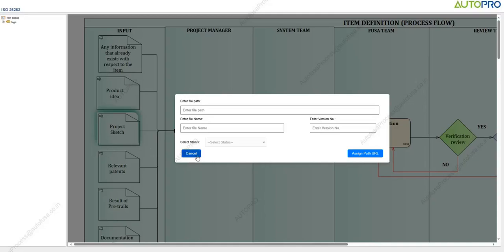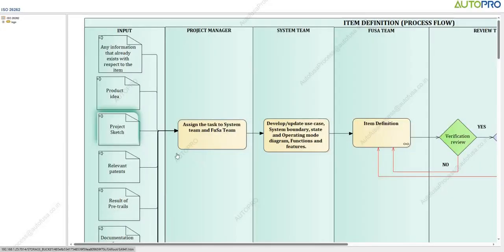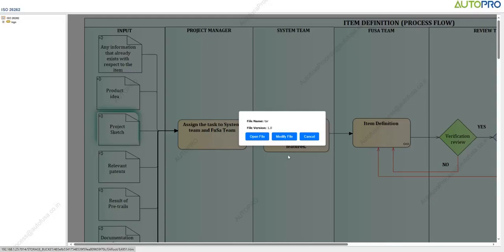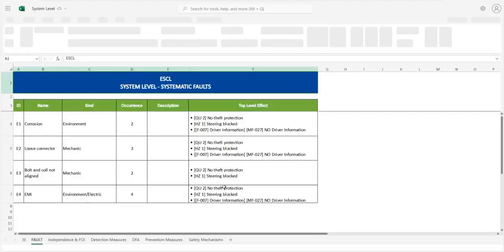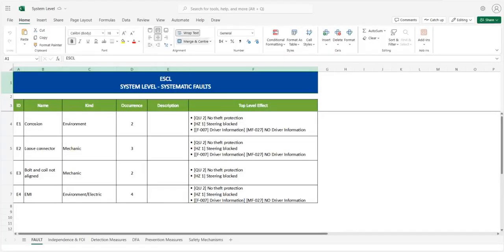Okay. Once you assign that, here we already attached a file. So I'm just opening it here. You can see here the file name and the version number. If you want to open it, you can directly open from here, or if you want to modify, yes, you can modify the file. Okay, so that is possible. For example, I'm just opening the file. You can see that here itself the file is open, correct? So this is how